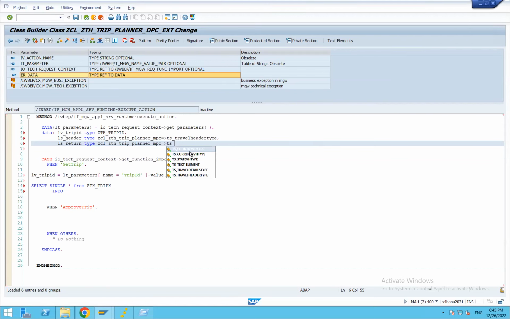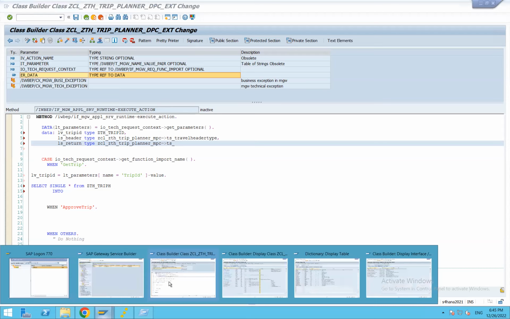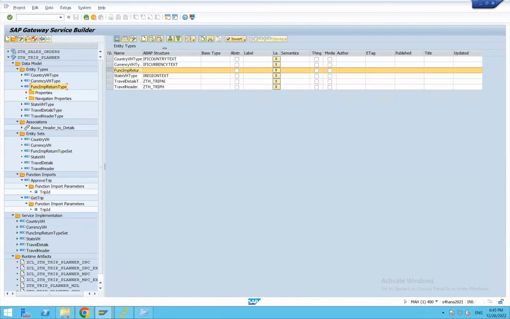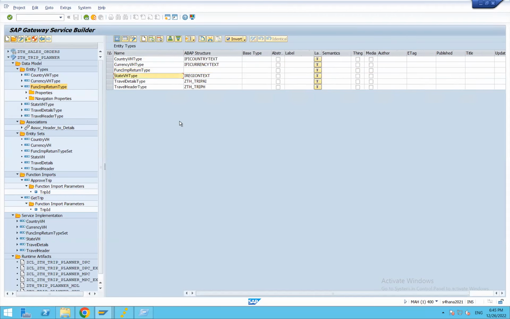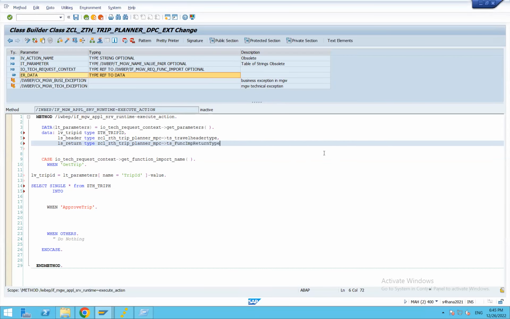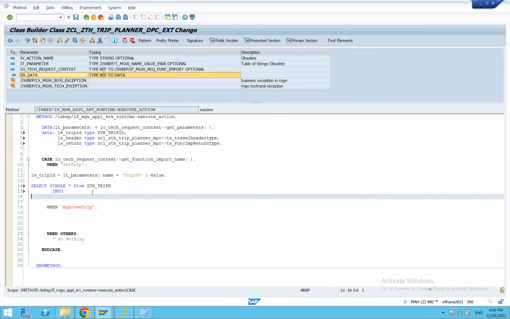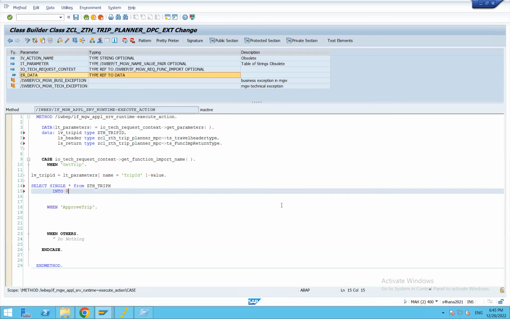I think our class is not reloaded. Let me pick this here. It's the same type, ts underscore with this name. Okay, so let me map into corresponding fields of ls